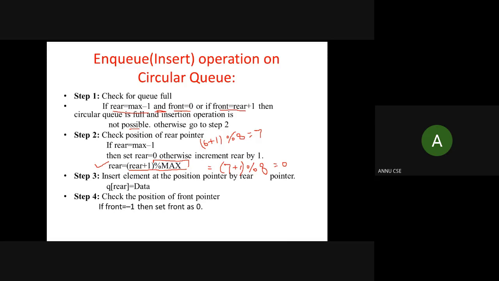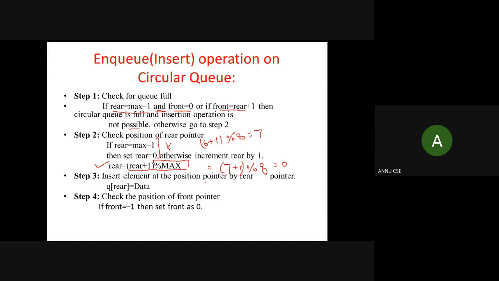So in the second step, what we are actually doing is the same as we did in the insertion in linear queue. If rear is pointing to max size -1, then you can reset it to 0. You can use a two-step process, but instead of using these two steps, you can just use this one step. I will prefer this step only, that is rear can be calculated using rear +1 mod max size.